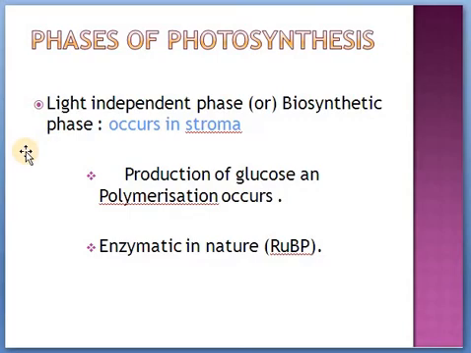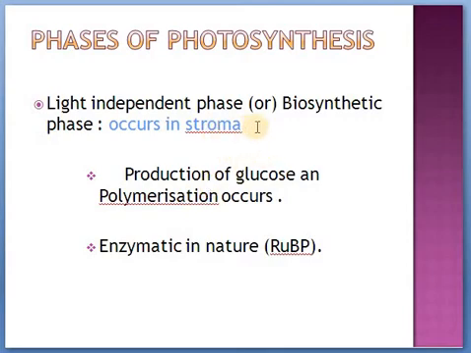That's why we are getting C6H12O6. Before that we have only C and O. In glucose formation we have C, H and O, right? So this hydrogen is being inserted in between this C and O. That is what is happening in biosynthetic phase. This is an enzymatic reaction, in each and every step enzymes are required. These enzymes are present in the stroma. So this dark phase completely occurs in stroma. What is stroma? The ground matrix or the liquid which is present inside the chloroplast.